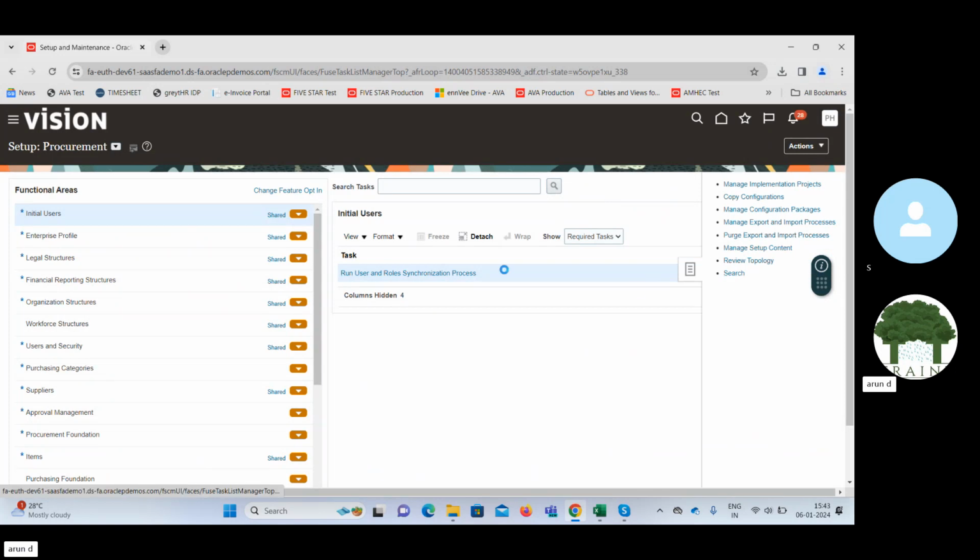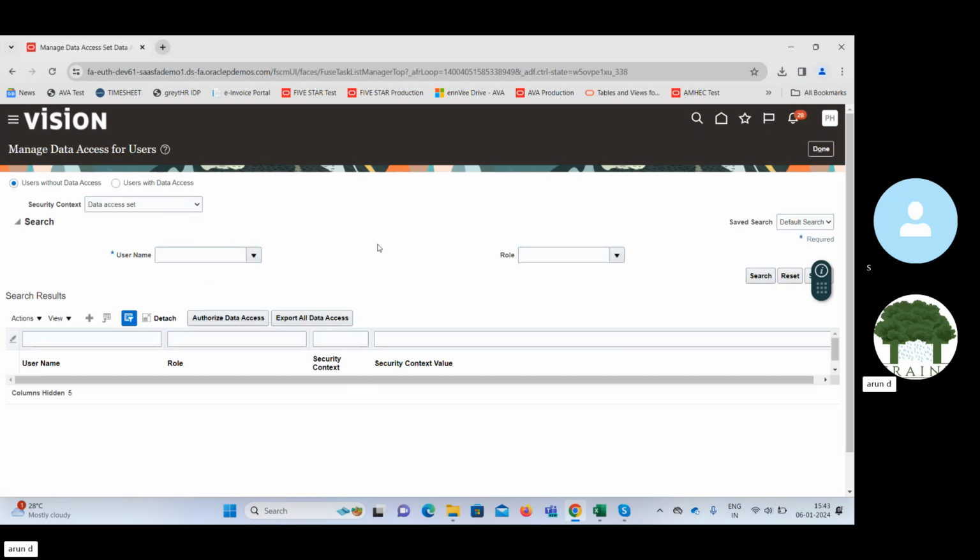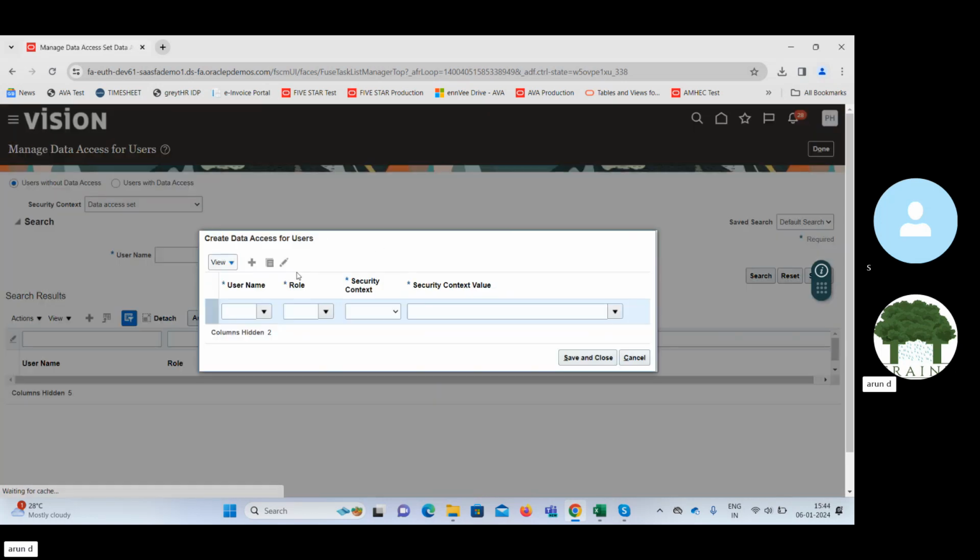But somehow this role is not associated with the user. So I have done the association, so I'll give access to the unit also. The purchase order that we created is for the Supremo US business unit. So for the same Supremo unit, I will try to give access to this